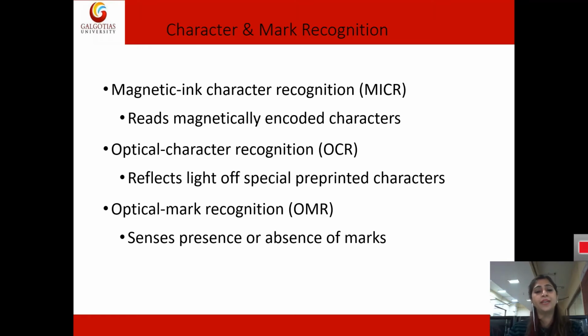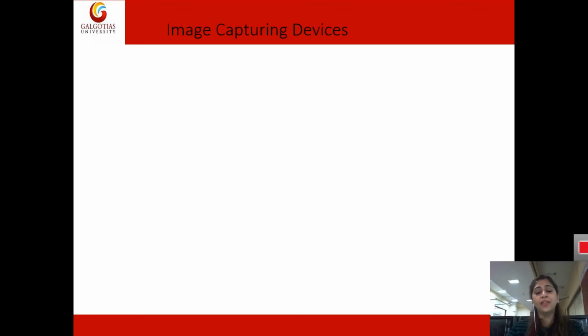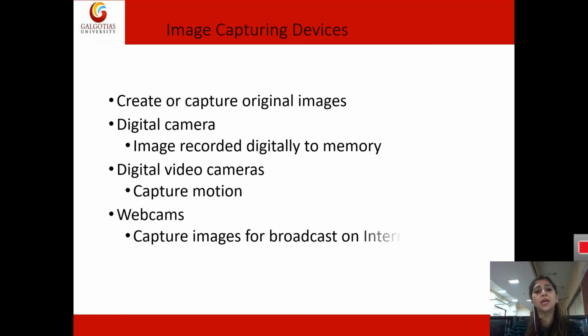Scanners are of different types, used for identifying and reading content or getting input from different sources. And then we have image capturing devices. Image capturing devices are basically used to capture an image and save the original images. The digital camera is one example, along with digital video cameras and webcams, through which you get images, and you can save, store, print, or transfer those images using different communication ways.